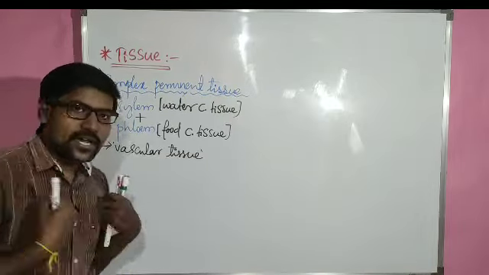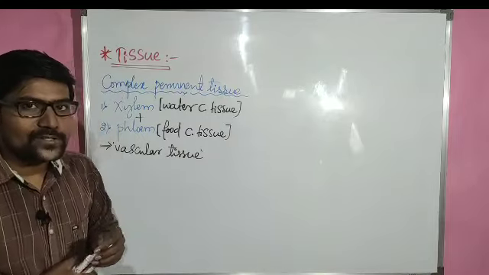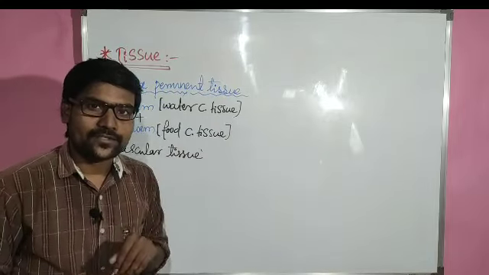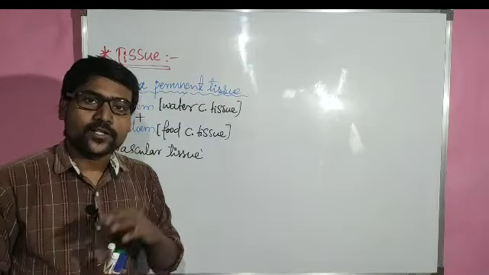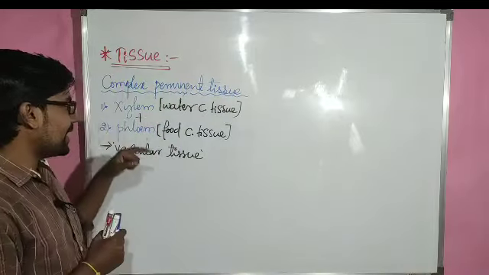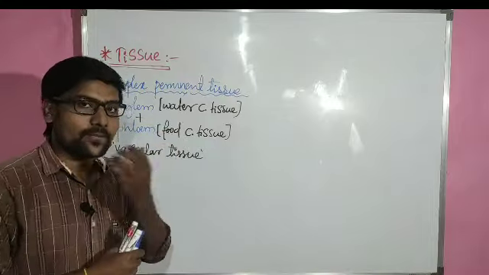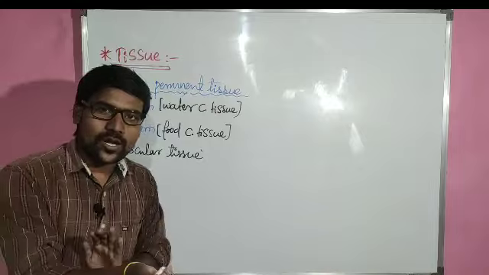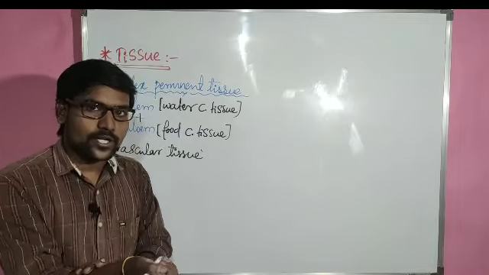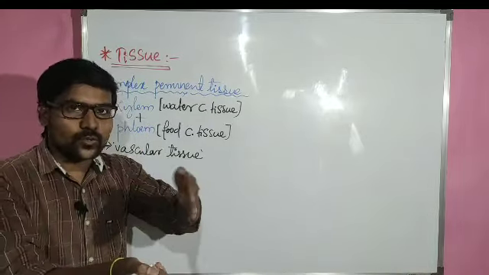In our body also we have one vascular tissue. What is that vascular tissue of our body? Yes, blood. Blood is our vascular tissue, and xylem and phloem are the plant body's vascular tissue. Blood is not a solid tissue, it is a liquid tissue, a fluid tissue which is continuously circulating throughout the body.